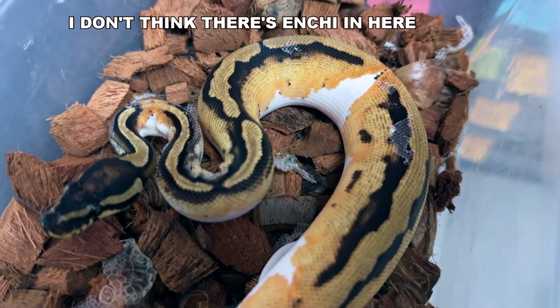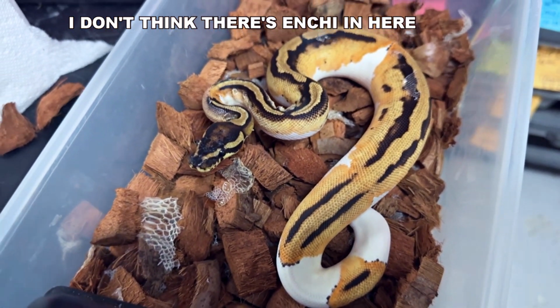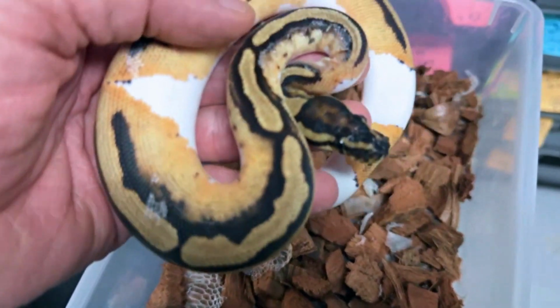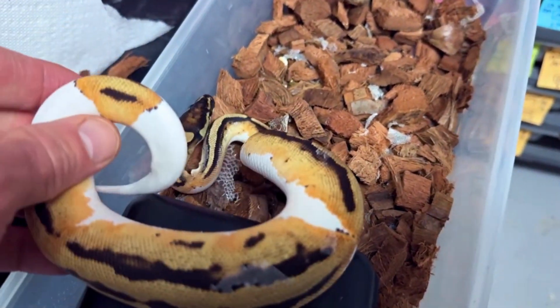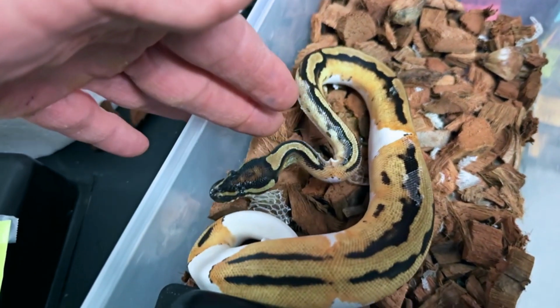So that's another dimension. Imagine this now with Ultramel. So an Ultramel Orange Dream, a Super Orange Dream, if it is Super Orange Dream, Enchi pied. So that would be tremendously powerful. Once again, trying to get some really good genes into that triple recessive project that we have, that ultra-low pied project. Everything here is going to be